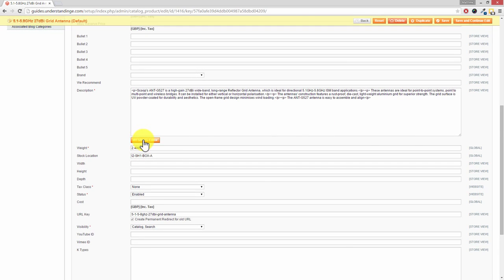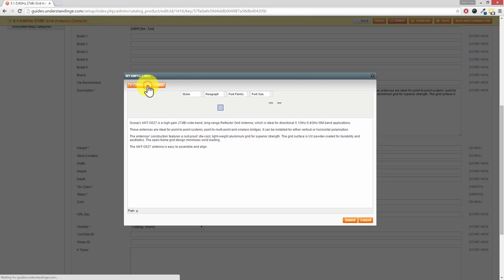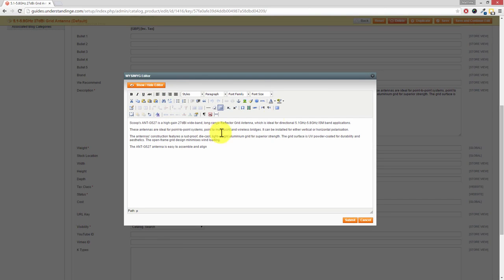Now, the WYSIWYG editor, again, our advice is that you set it to be disabled by default. Not completely disabled, but just disabled by default. The reason for that is that Magento's what-you-see-is-what-you-get editor is known to chew up advanced HTML. So if you come in here and you have the WYSIWYG editor enabled, like so,